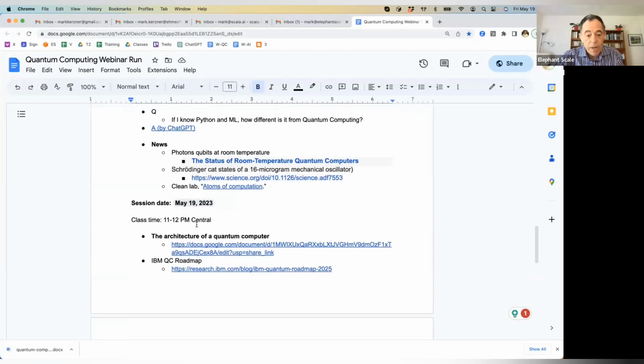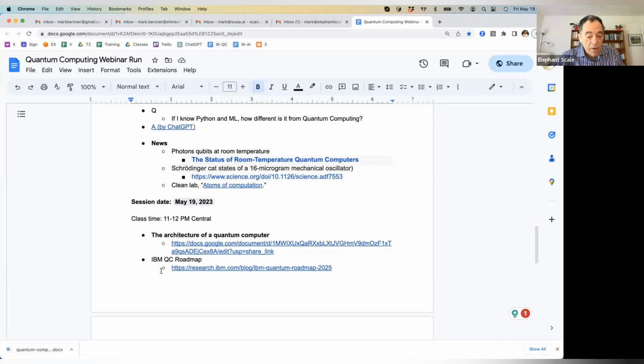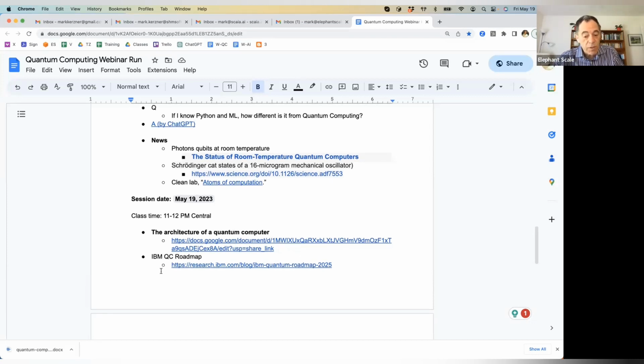Okay, so last time somebody asked a question, can we look at the architecture of a quantum computer? And back then we asked, hey GPT, give us the architecture. But that, of course, is only the beginning. It'll give you the major points. We will have to go through that. Then we have a roadmap by IBM just to see what's going on. I think everybody would agree that IBM is the leader, so it's most interesting to look at them.